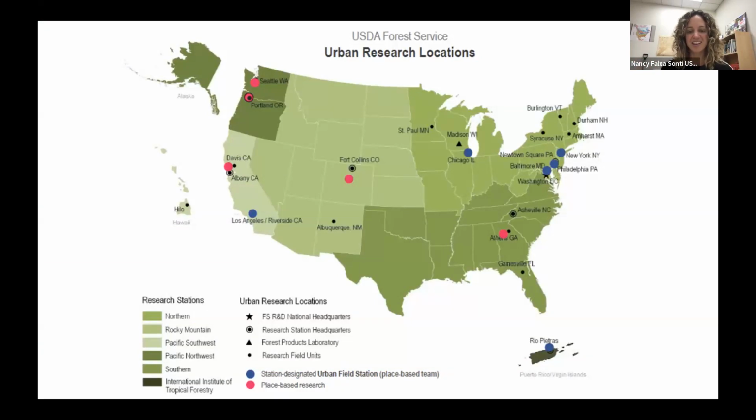kind of think about places that have been designated as an urban field station in blue, where the staff are really focused on working in that location. Although we like to say we're place-based, but not place-bound. So we do focus on the city that we're in, but of course we can lift up and think about urban areas across the country, or applying our research on the urban to rural